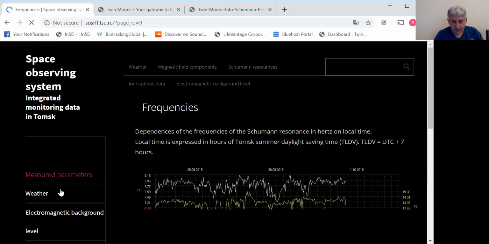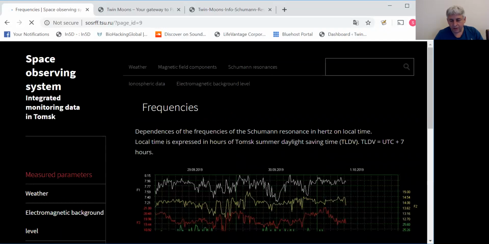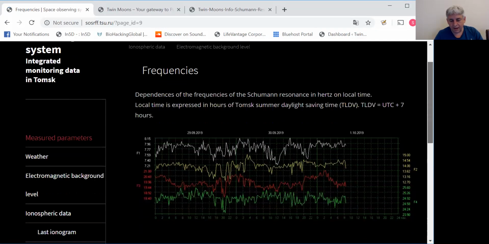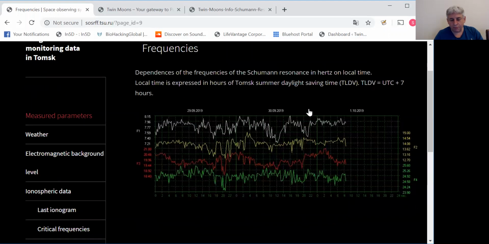And as you can see, the primary frequency, which is in white there, is spending more and more time up above 8 Hertz. And so all of the other frequencies are elevating as well. Although that's not necessarily true. There are periods where you can find the primary frequencies elevating and the secondary frequency is actually declining. So there's no one-for-one correlation.